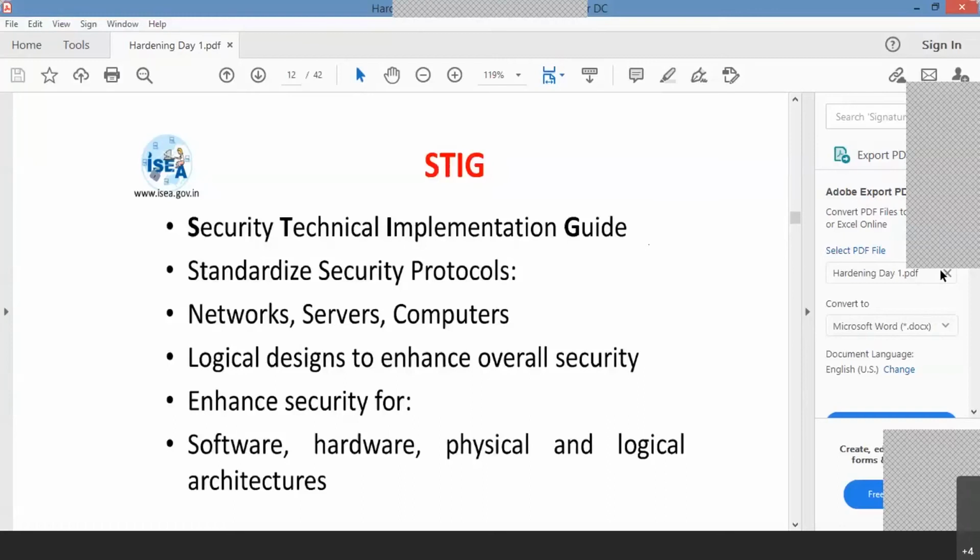The overall security is like this: suppose there is a web server.